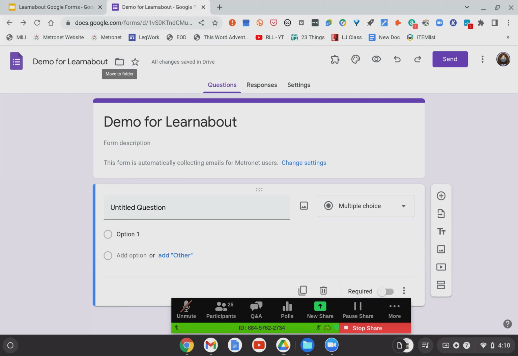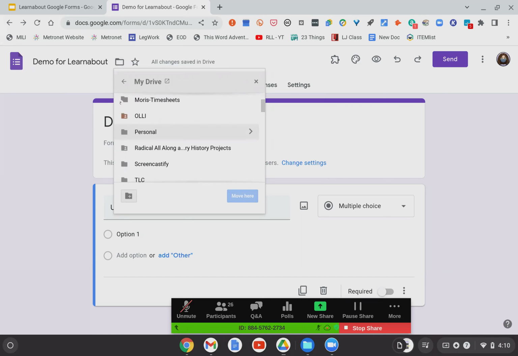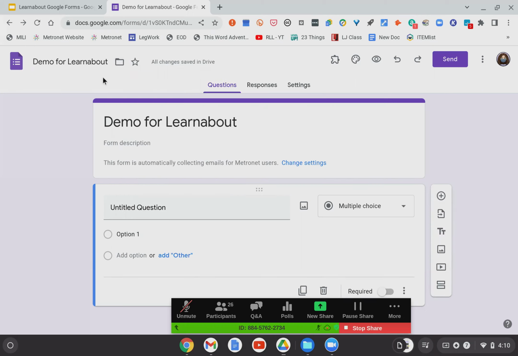So now I could move this, I can click and move it into my Google Drive, wherever I want to have it. And as you can see, pretty heavy Google Drive folders. We use it extensively at my job. So I could definitely save it in here if I wanted to. I am not going to, because after I'm done with this for you all today, I can't see any reason I would need it. I'll create a new one the next time I do another demo.